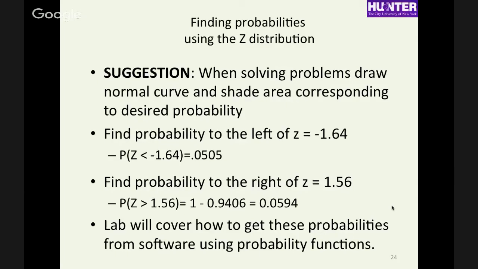So I'm going to make this suggestion that when solving problems with the normal curve and with other distributions, you actually go ahead and draw yourself a sketch of it and shade the area that you want. Even though you have software that will calculate probabilities for you, this is a good idea to do,